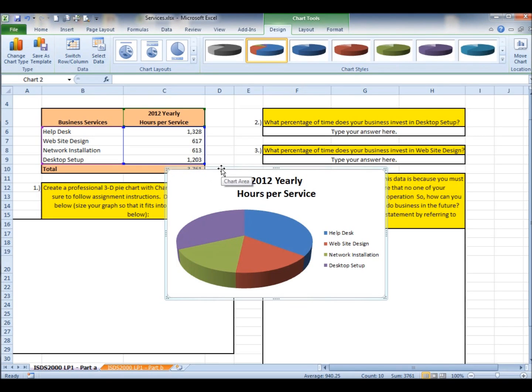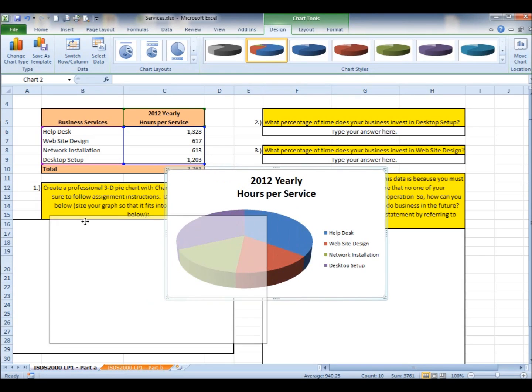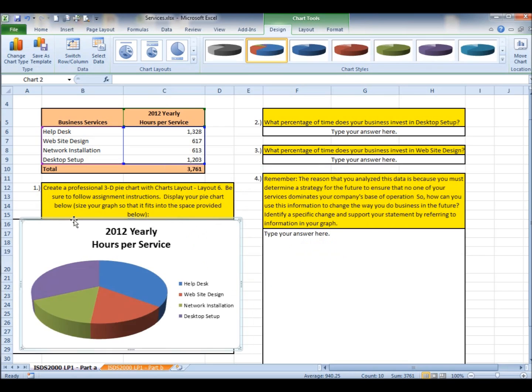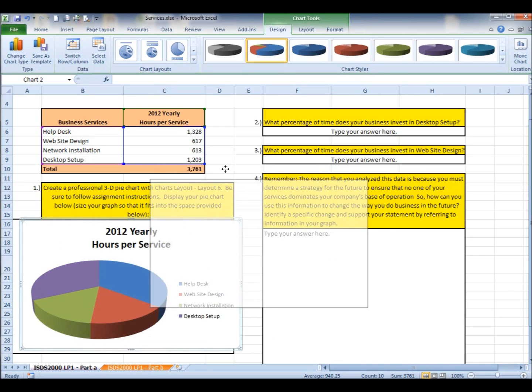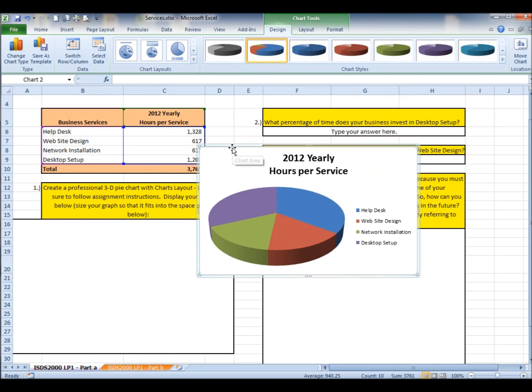Well, my computer seems to be, there it goes. It was dragging a little bit because of this video software. But see how I'm moving it? And I'm just pushing on that border. Now if you're finding that border too hard to point to, another thing that you can do is point to